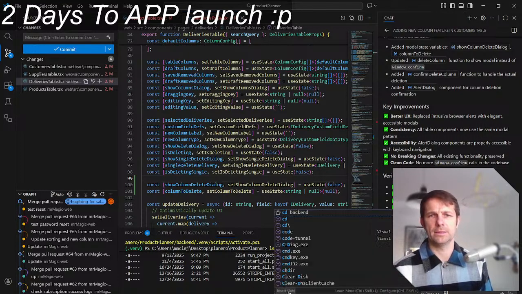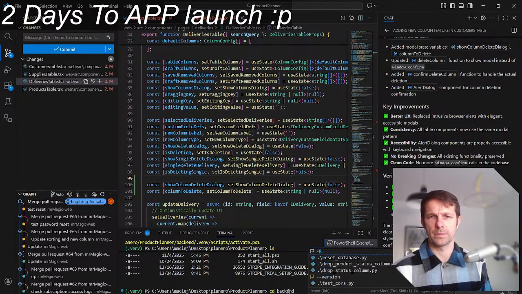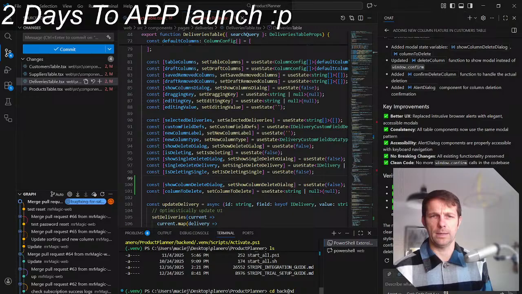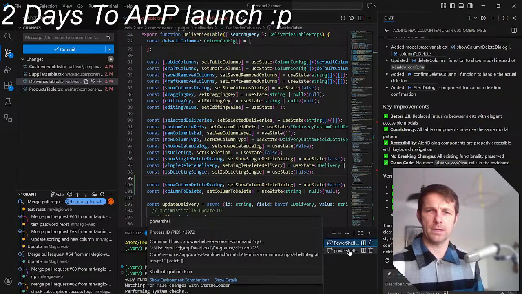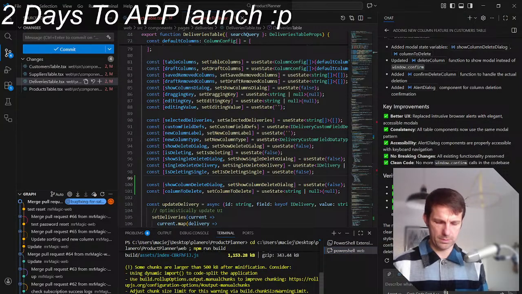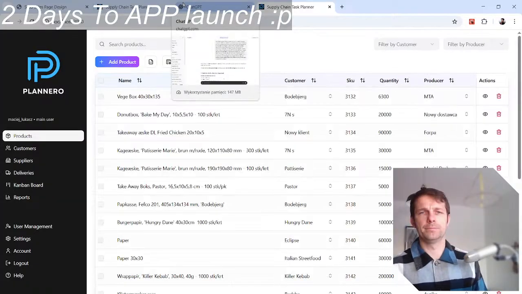Okay, cd backend. Python. Yeah, okay. Manage.py runserver. Good. And now the other one will be for web. npm dev. Oh, everyone is gone now. What a pity.